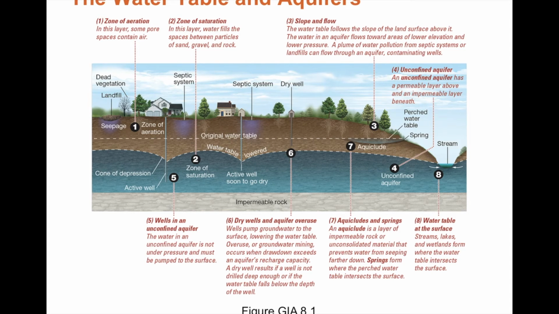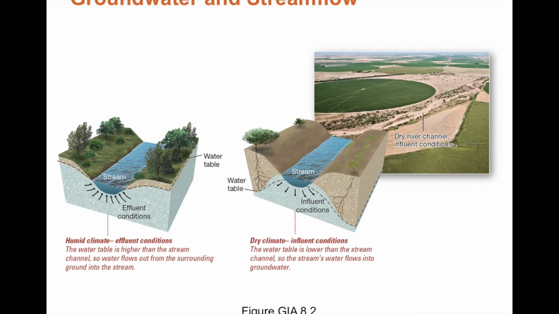So the water table is the area which separates soil from groundwater. And underneath, if you dug down under the surface, you're going to go through soil, you're going to hit a zone of saturation, and then you're going to hit some impermeable rock. Wells are where you dig down to this groundwater that you can extract. Now, the groundwater is added to by water that falls from the sky, collects in streams, and percolates down through